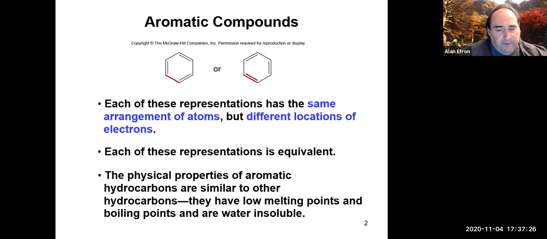The physical properties of aromatic hydrocarbons are similar to regular hydrocarbons. There's pretty much all carbons and hydrogens, so they're typically insoluble in water, like we would expect of normal hydrocarbons. They also have low melting points and boiling points, because they're essentially using dispersion forces as their intermolecular forces, so they're not going to have very high boiling points or melting points, as dispersion forces are your weakest arrangement of